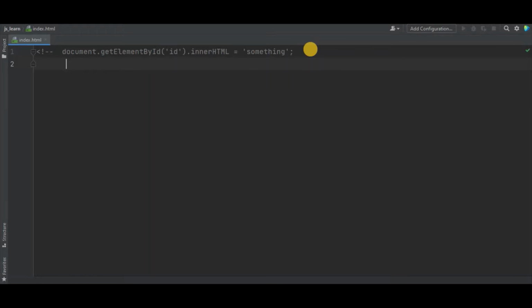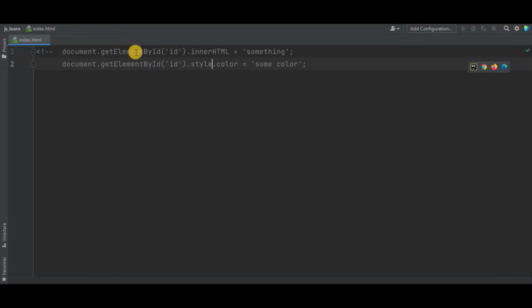Like this, right? document.getElementById, this, and then .style.color, and we are setting it to be some color. So until now we were doing it like this.